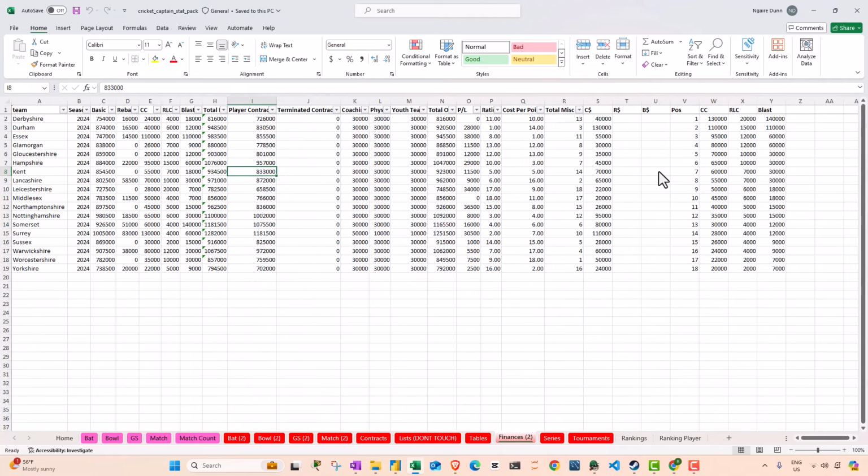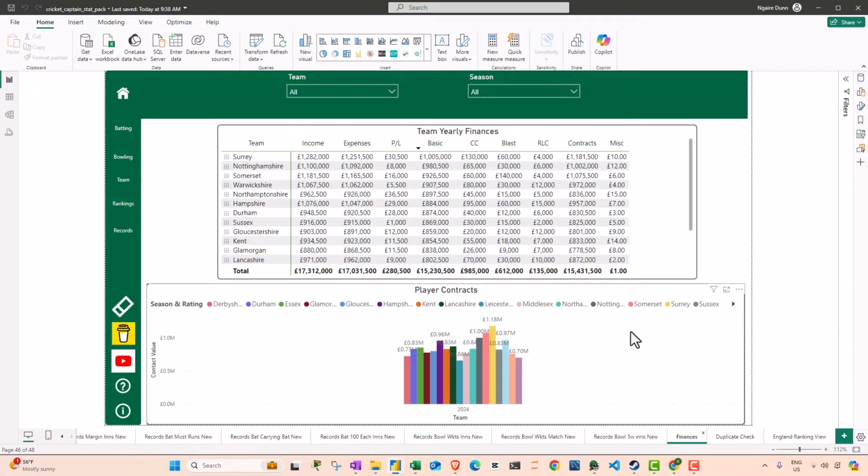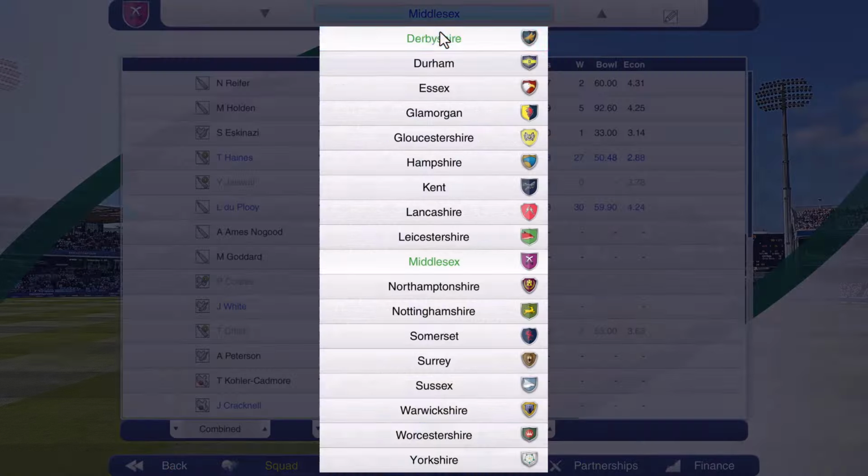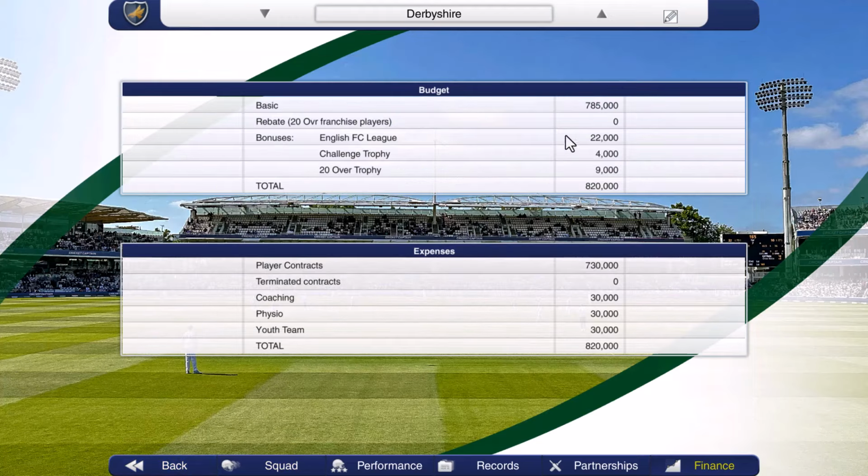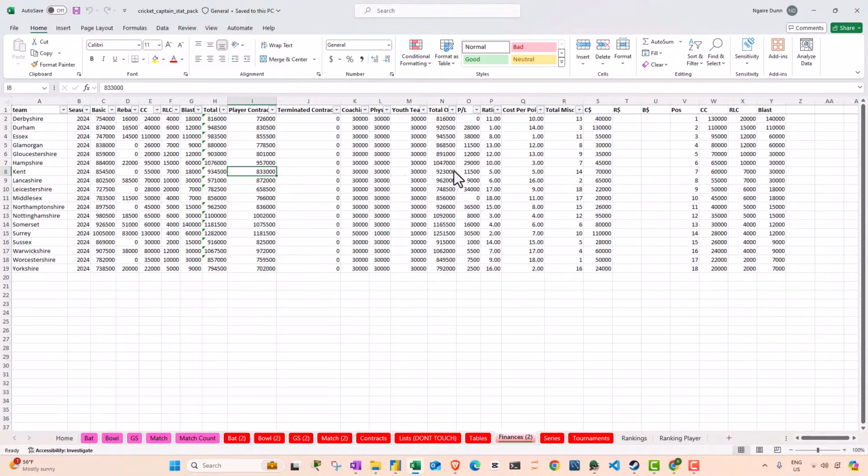Finances, there's nothing actually built in the dashboard for finances at the moment that is really usable. If you scroll along the bottom, you will find something called finances. This is a work in progress, trying to work out how to do it, but you can see you need to take this manually. So if I go into my teams, I can look at finance and their financial information is here. Pop it into here,